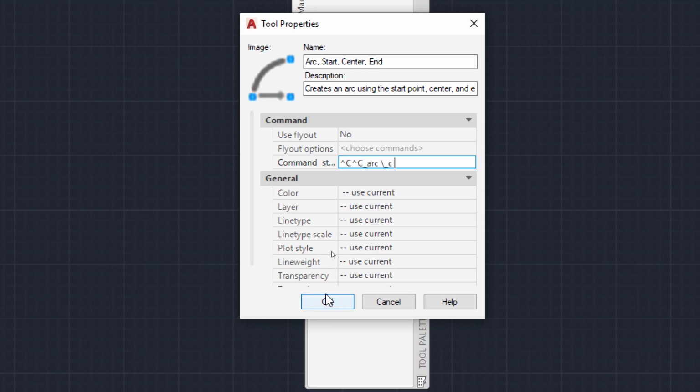Now, if I wanted to change this, I could easily do that. Let's say that I wanted to change it so that my command here was going to use the angle option, and then give it a very specific angle of, say, 45 degrees. Okay, so I would say, okay, this is going to be arc, start, center, and then I'm going to